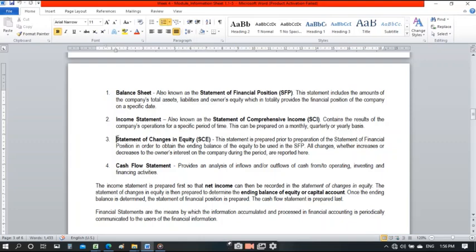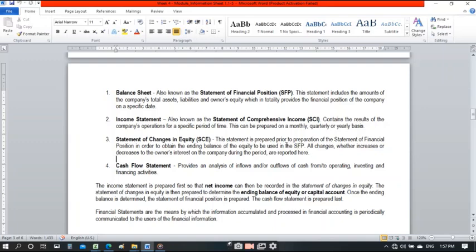Next is the statement of changes in owner's equity. This statement is prepared prior to the preparation of the statement of financial position, meaning mauunang ma-prepare ang statement of changes in owner's equity bago ang statement of financial position or the balance sheet. Why? Because in order to obtain the ending balance of the equity to be used in the SFP. Later on, maipapakita ko sa inyo yung flow ng preparation ng financial statement, and bakit siya naging accounting cycle,